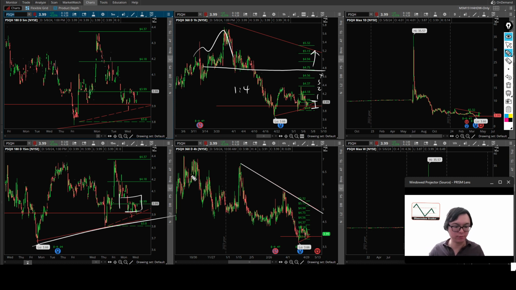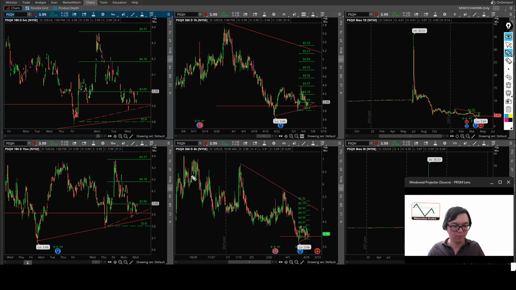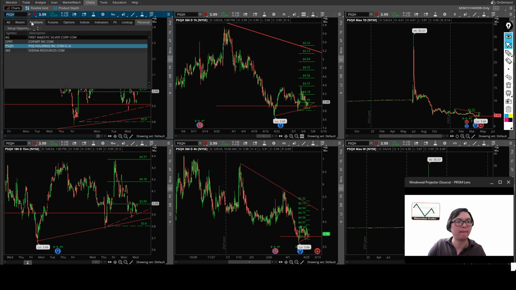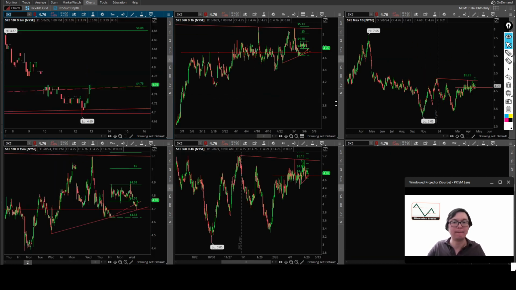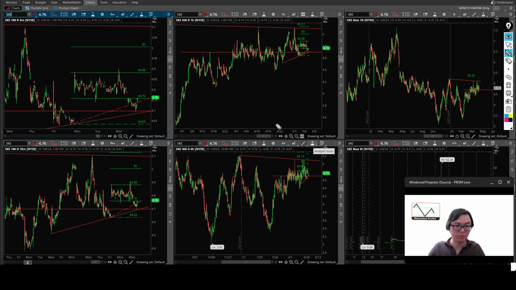Okay, so most of the setups we see so far are forming at dimension 2. Let's see the next one. SKE. With this one, same thing. It's a similar situation to the previous pair. SKE is forming the bottom, breaking up support, trend line. Okay, so price came back once for dimension 2, and on the hourly,